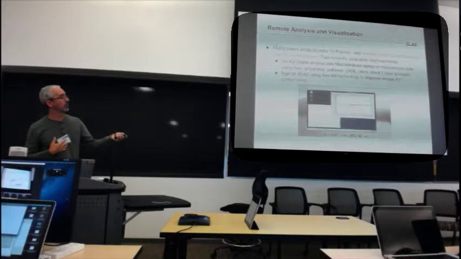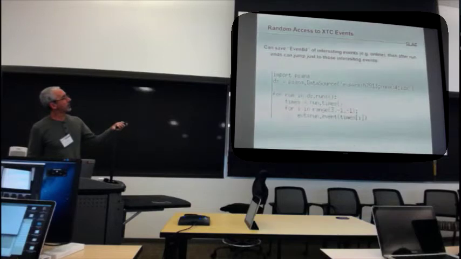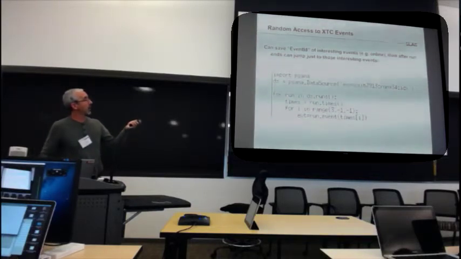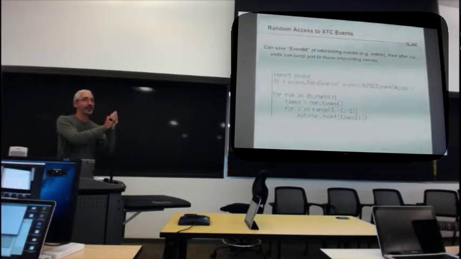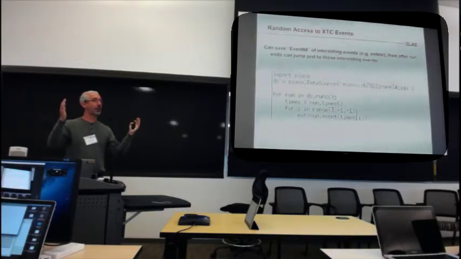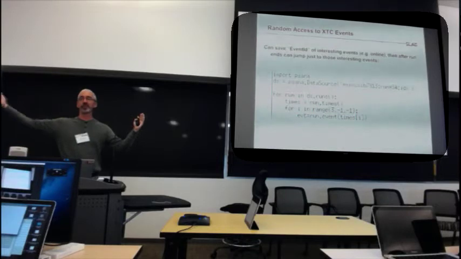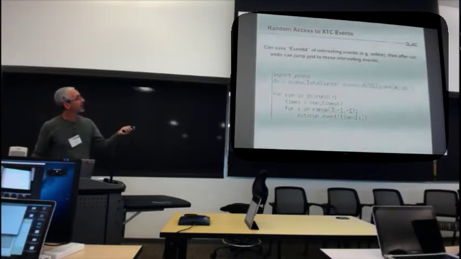Okay, so here's the random access to XTC events. What you can do is, even when you're running online, for example, running in real time, you can say, aha, here's an interesting event, and you can save its ID to a little tiny file. Maybe it's events that have a lot of hits, for example, in your crystallography language. You could save, these are the event IDs that are interesting. And then here's the code to jump to just those events.